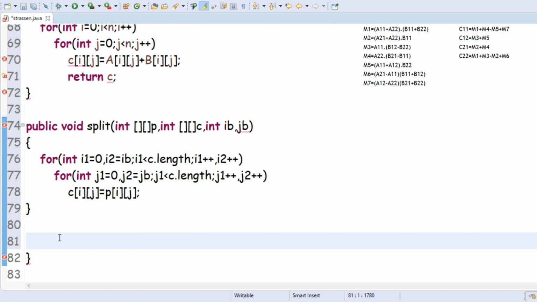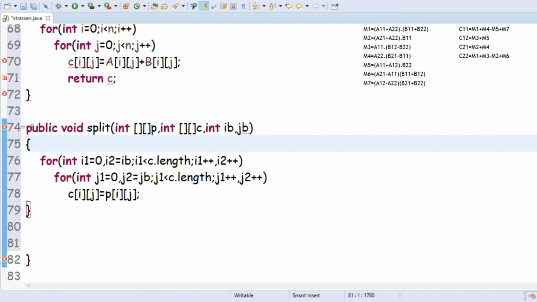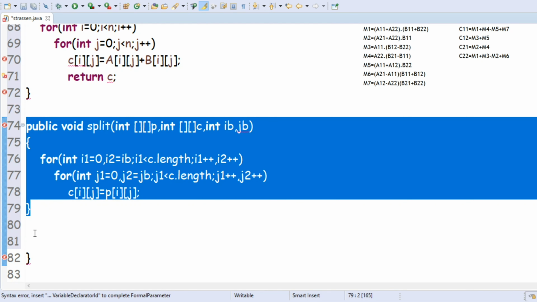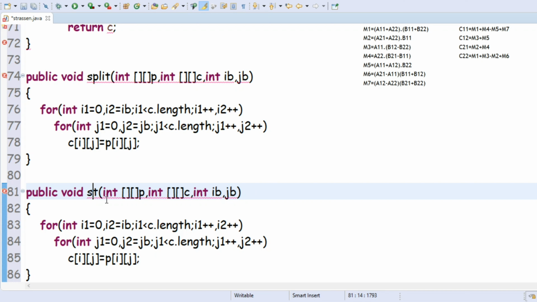After that we have to join the entire matrices. So here I will copy, and in place of split I will change it to join. In this join we will use this initial as c and this as parent p.